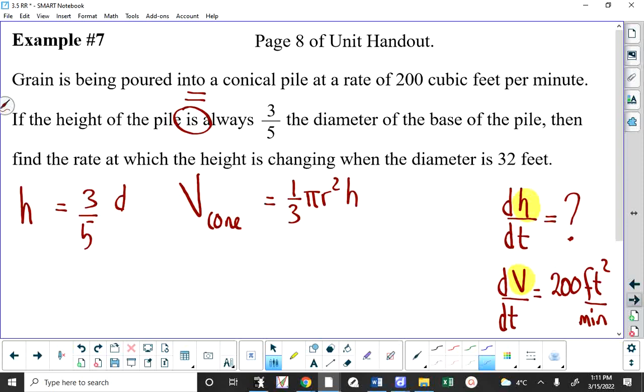So, what's the problem here? I mean, the specific problem we're bumping into right now. It's that the radius of the conical pile is in the formula, and r is not a variable in our list of rates of change. So, it needs to go. Unless